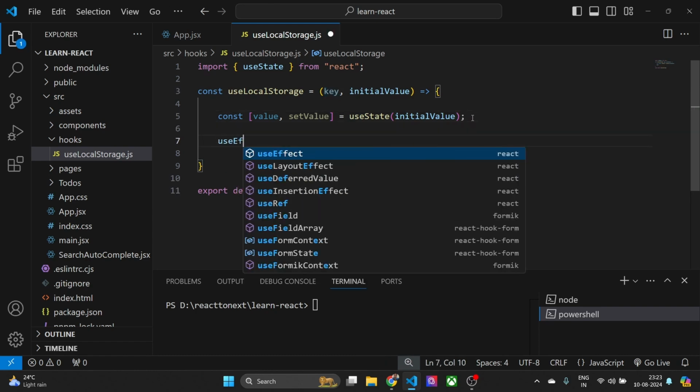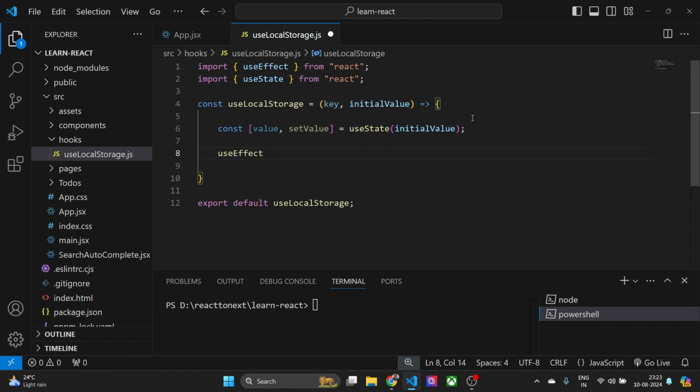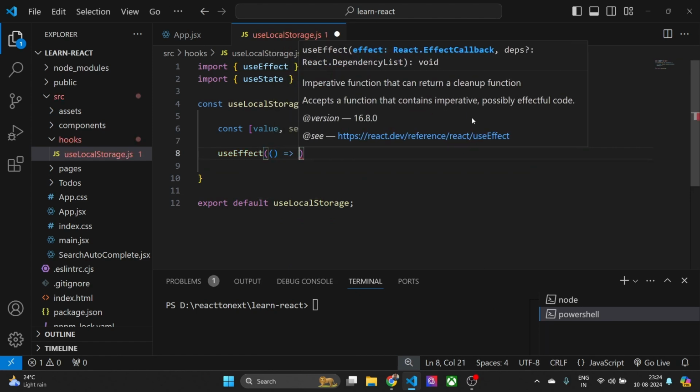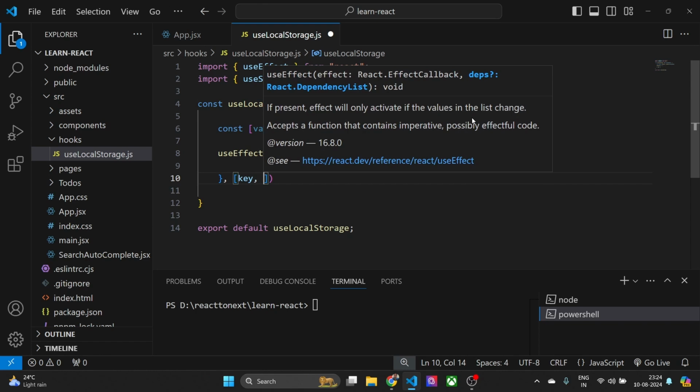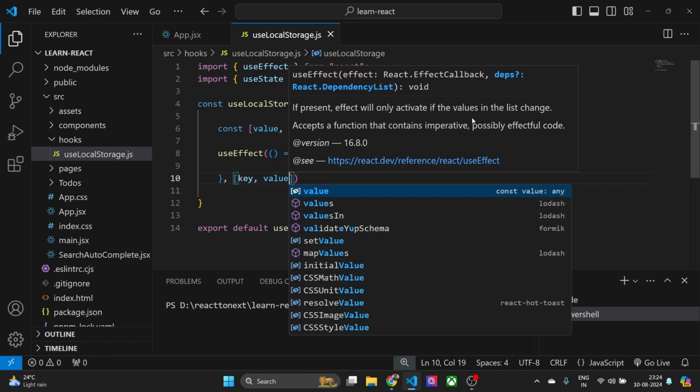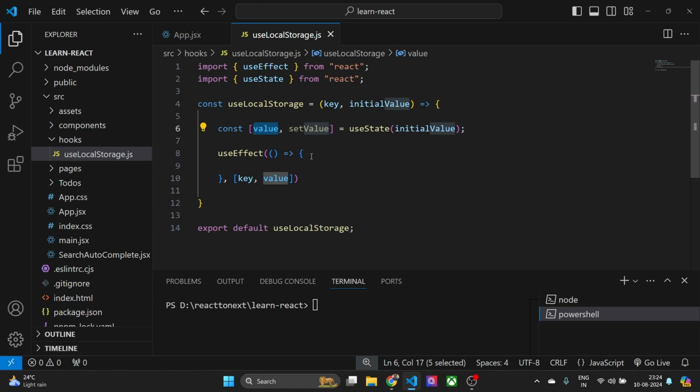For that I will use the useEffect hook, with the dependency of key and value. So the value is the state value and the key is what we are passing from the useLocalStorage hook. So this is going to be the parameter. This is a basic function that allows us to use the state and the useEffect, the other hooks. So now if I have the key and the value, then I will pass those things to